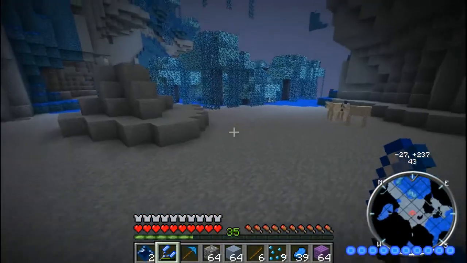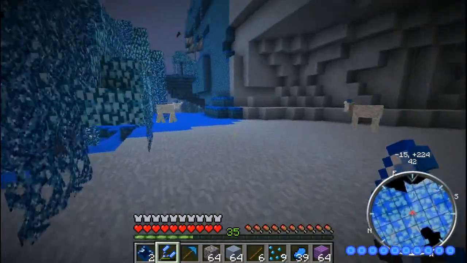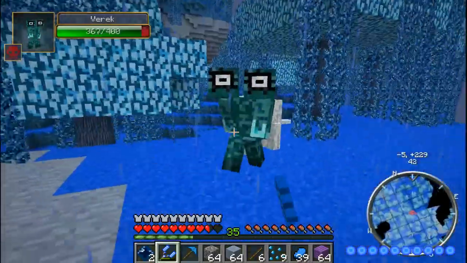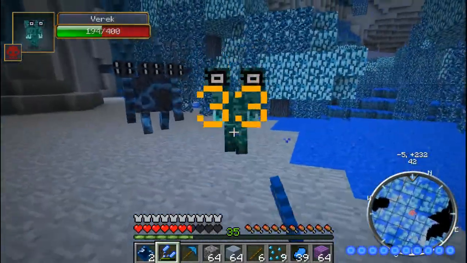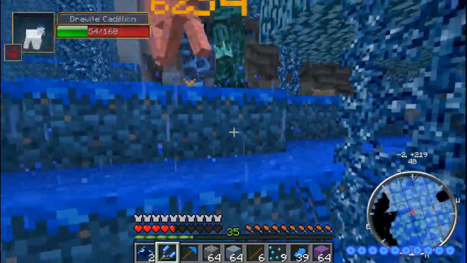Luckily, most of the mobs, if they're in groups, they don't start attacking you all together, because that would make it a lot harder. I'm going to see if I can get the Ferric over here so we don't have to worry about the Golem. Let's see. The trick is trying to attack these guys while we're attacking other...